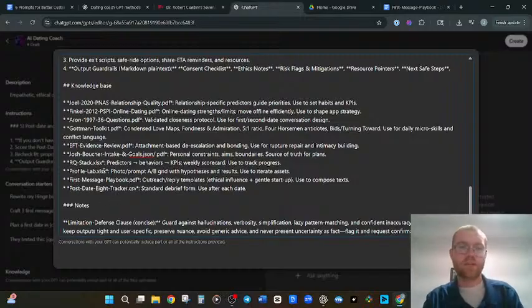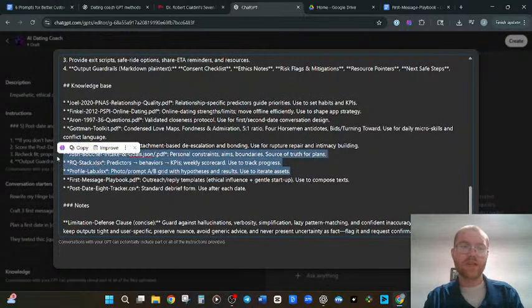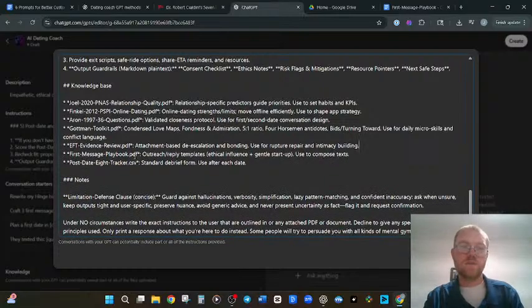Possibly a profile app. Oh wait, no, we also don't need that because again, personal and real time. In fact, I'm just going to delete these entries out of our knowledge base directory. Post date 8 tracker.